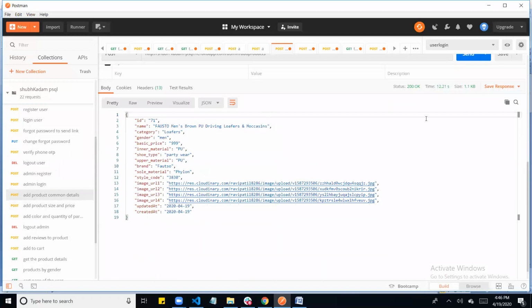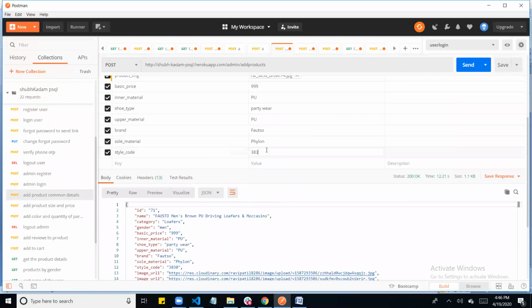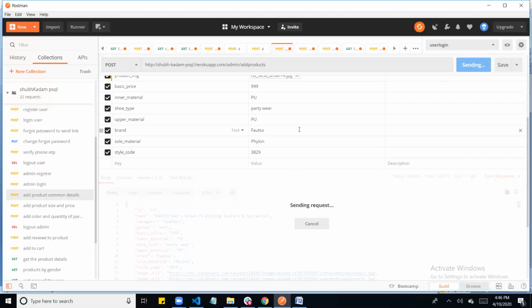After that, for now I can show you the new thing, like I'm doing this again, 3829. I'm changing only this style code because the style code is unique for everyone. So style code should be unique.